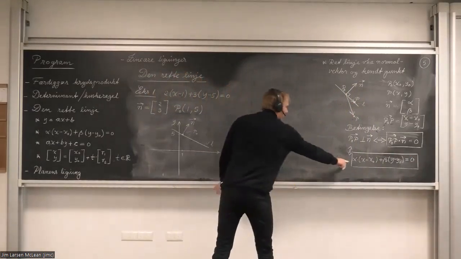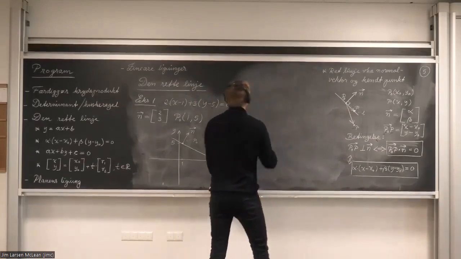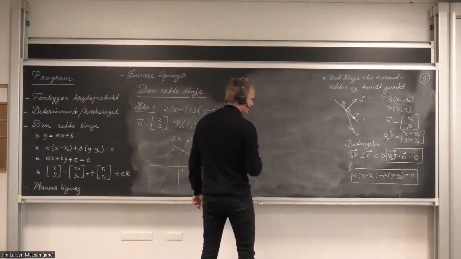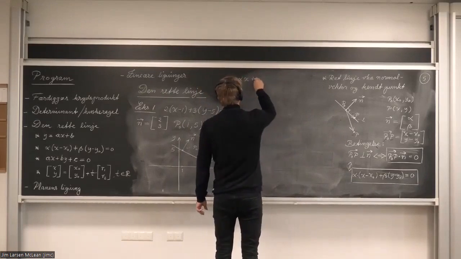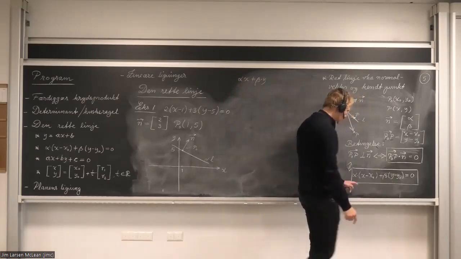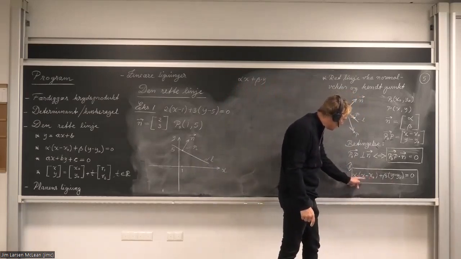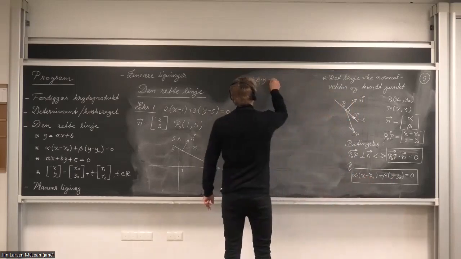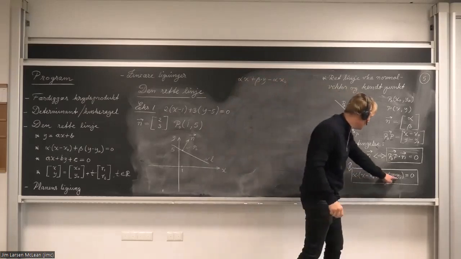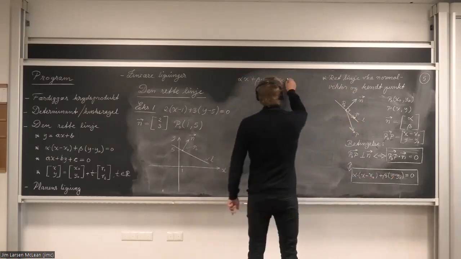Then it will say alpha times x plus beta times y. Now I've taken that times that, and that times that, but I must also say that this times that is minus alpha x0, and then minus beta y0 equals 0,